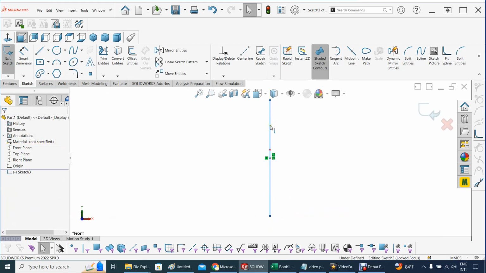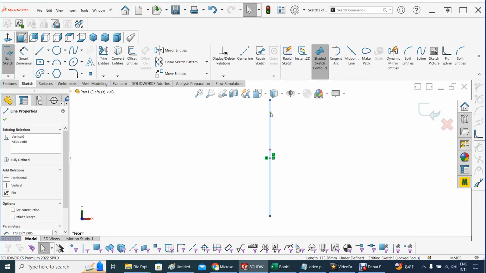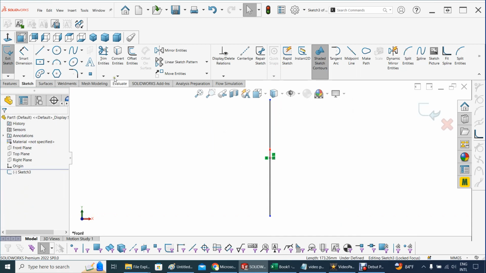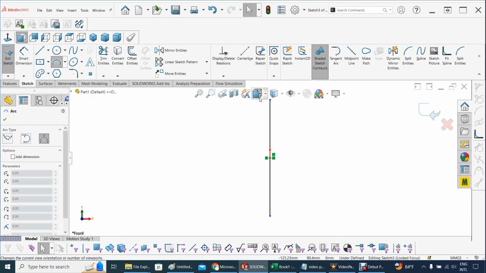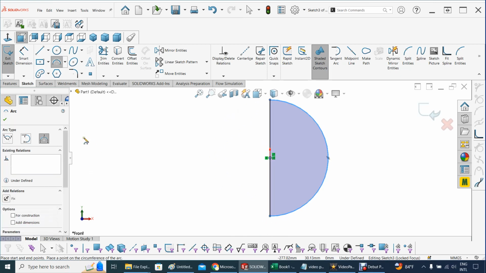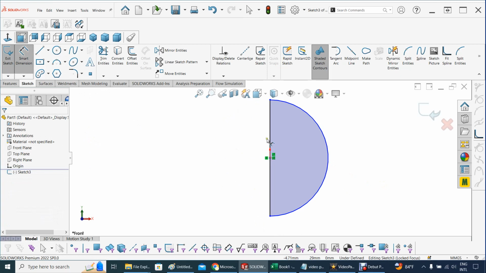Just to be sure, yep, no problem. Now let's do an arc, a 3-point arc. And that's gonna be here, here, and that will do. Now let's pick the dimension of that line would be